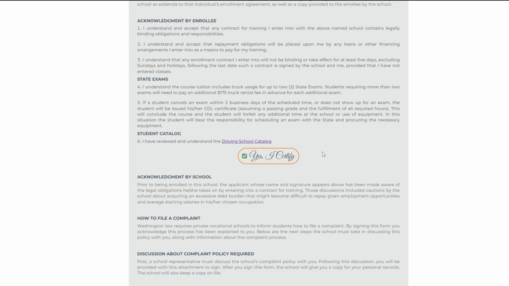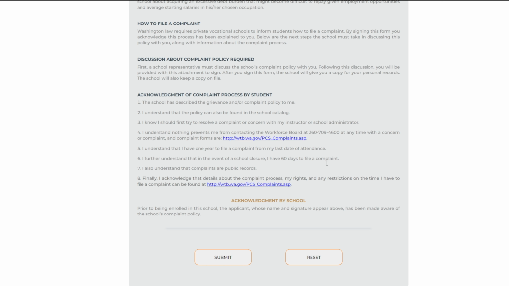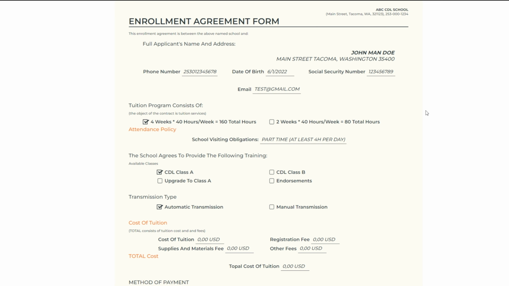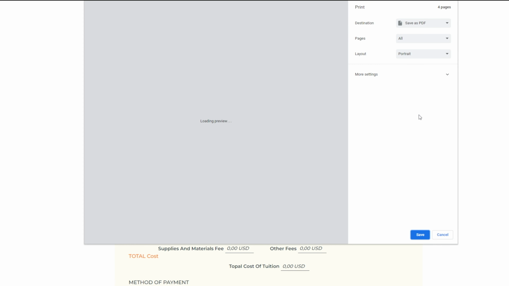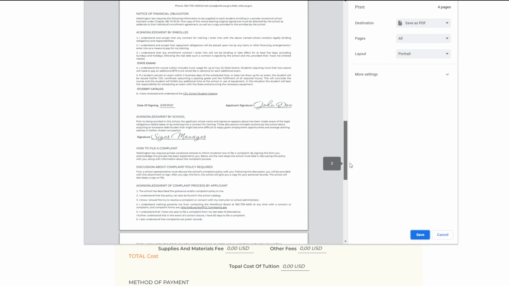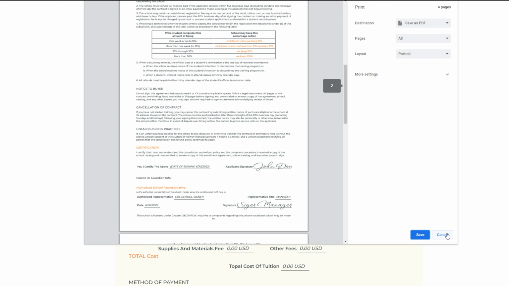The digital signing of the enrollment agreement is the final step for the applicant. Upon the completion of the digital signature, all student data will be transferred to the school manager and is then ready to be finalized and signed by the school. At this point, the applicant is ready to transition to the student status. Changing the applicant status to student status leads to the appearance of additional functionality in the student's account profile, which we will consider in detail in the next lesson.